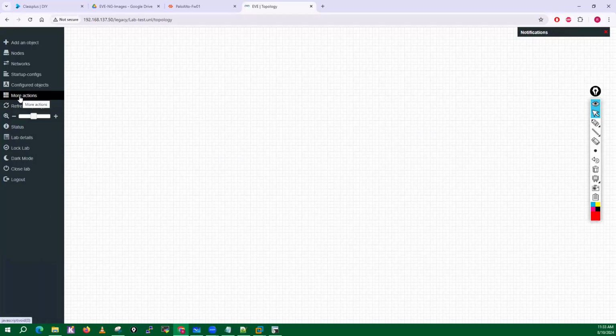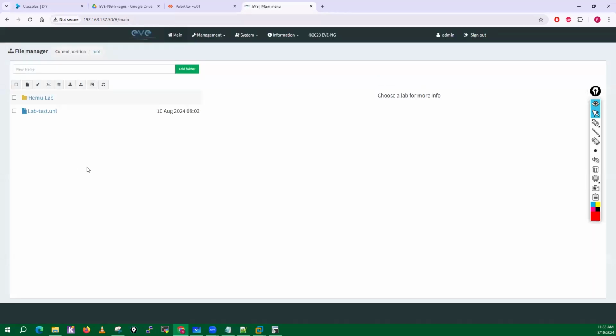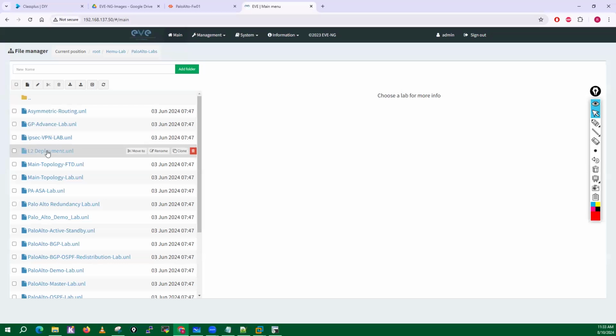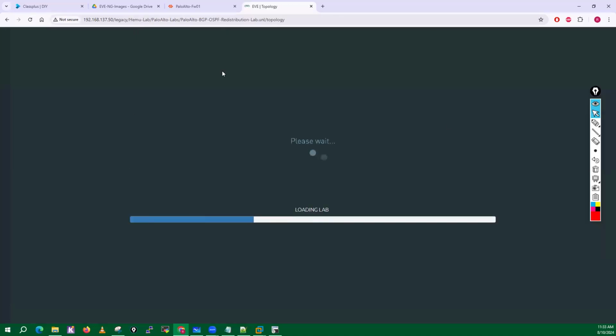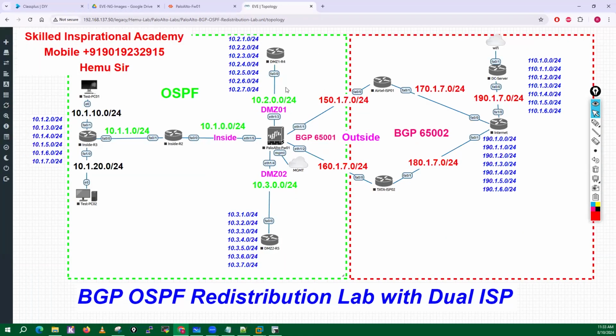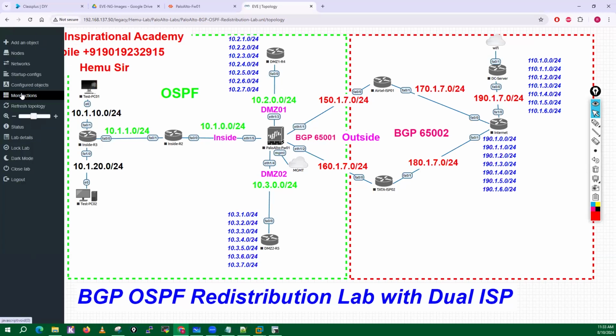And I'll just close this lab. Now I'll go here, Palo Alto labs. Let me go into one of my labs, which is this one. You can go here. Whenever you use my topologies, guys, the very first time, what you have to do,